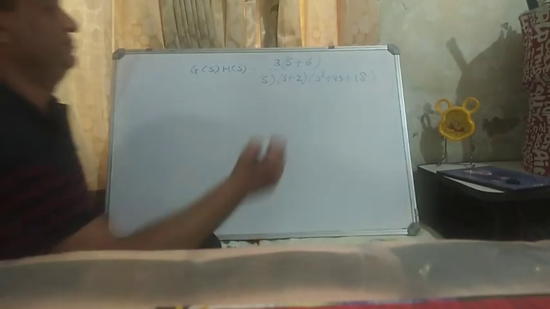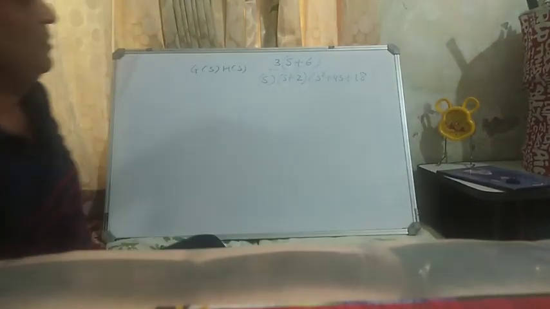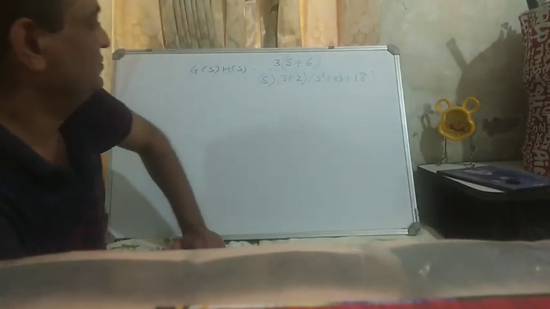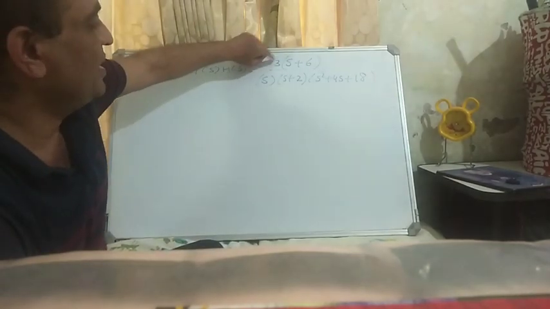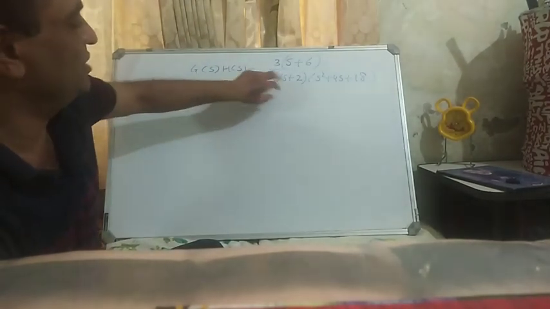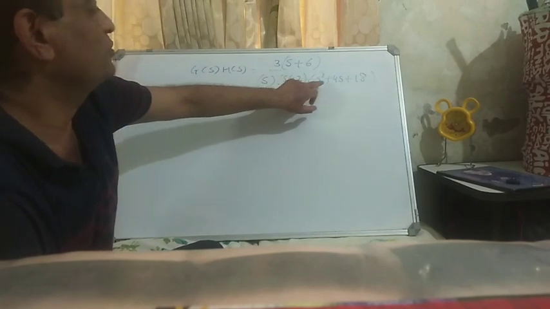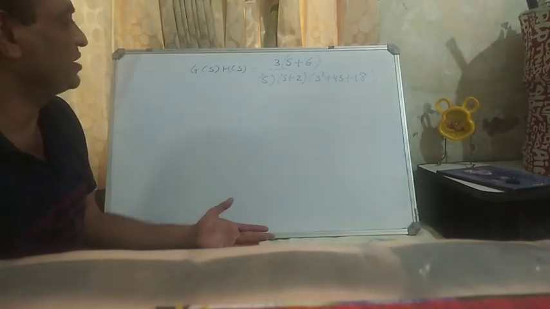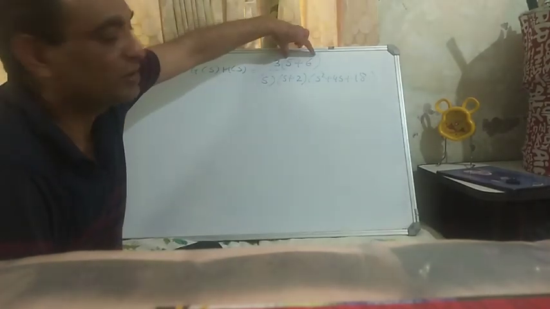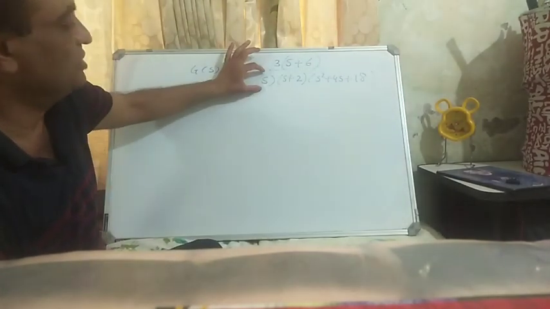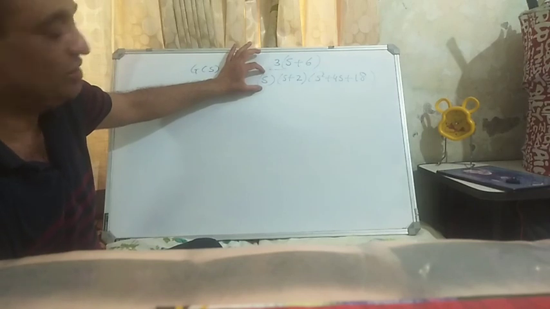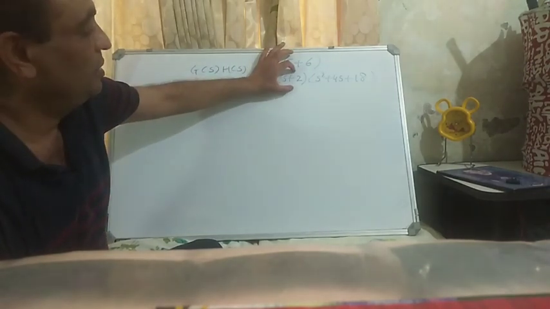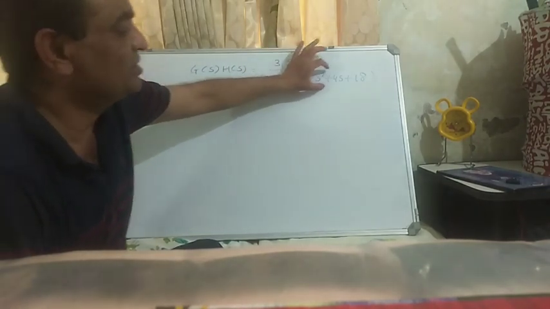Like this. So this is the transfer function where 3 is the gain, (s plus 6) into s into (s square plus 4s plus 18). Now here you can see how many terms are there in a transfer function. This is one numerator term, a first order term. This is a pole at origin. This is a first order term in the denominator. This is a second order term.